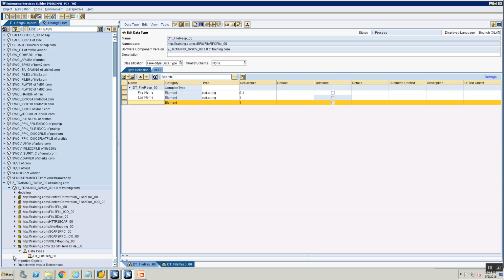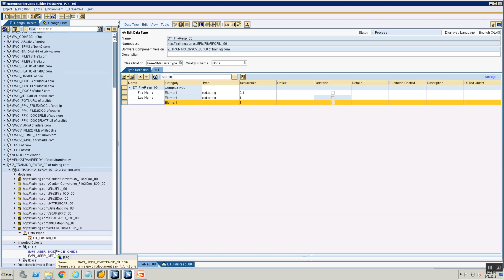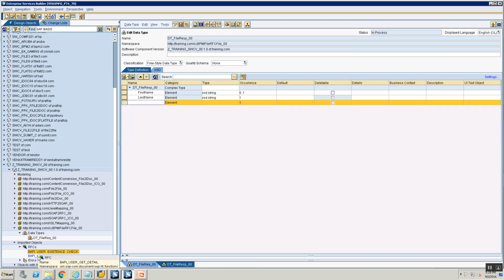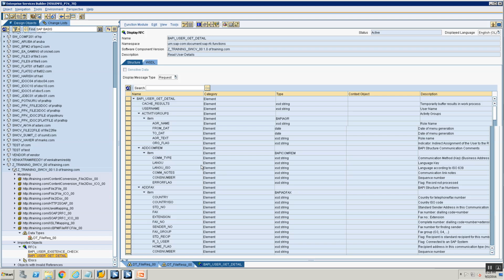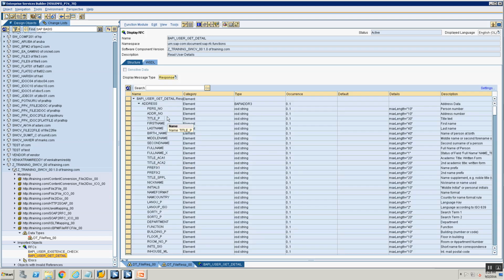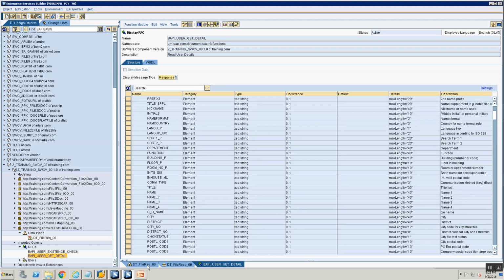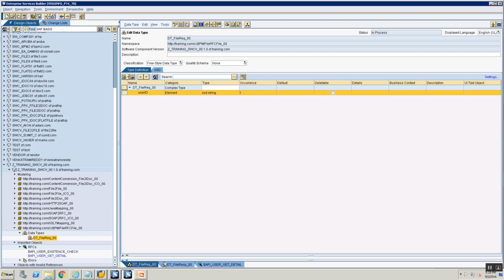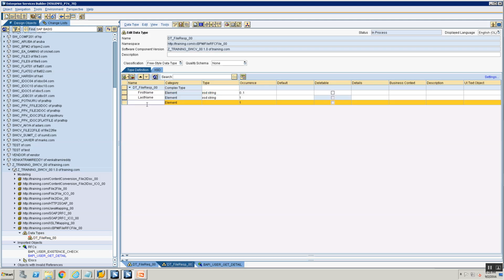Let's just look at the BAPI and build a couple more fields from there. So for BAPI user, we are going to use BAPI user get detail. So I'm opening the BAPI user get detail. I'm going to response structure. Okay, personal number, title, first name, last name, middle name. Let's put the title, personal number and title. Okay, all right. So we'll say personal number,